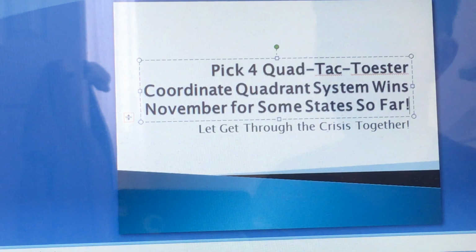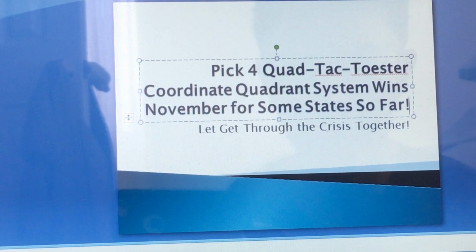And remember, Pick 4 for November's first week. Some states had hit a lot of money using that system. And remember, you would rather play this system than win small amounts, 200, 200, 400, 500. Because once this number hits using the Quad-Tac ToeSter Quadrant system, you hit at least 2,500 to 5,000, depending on